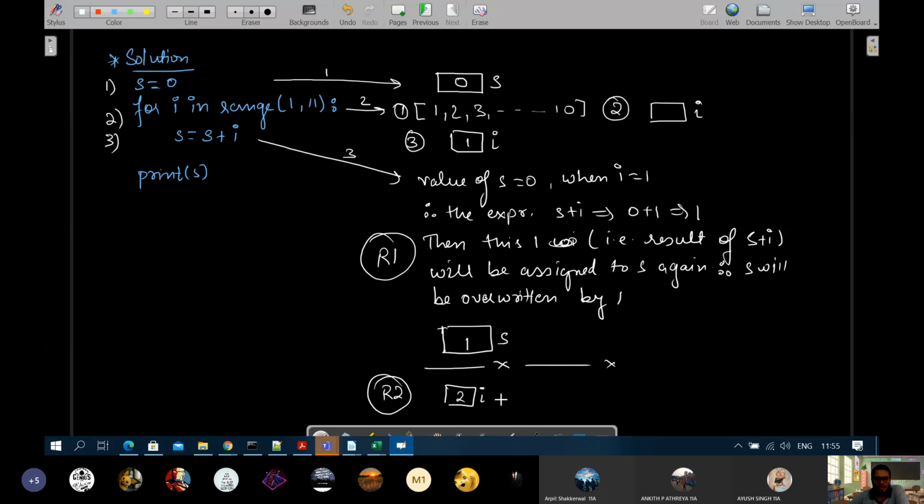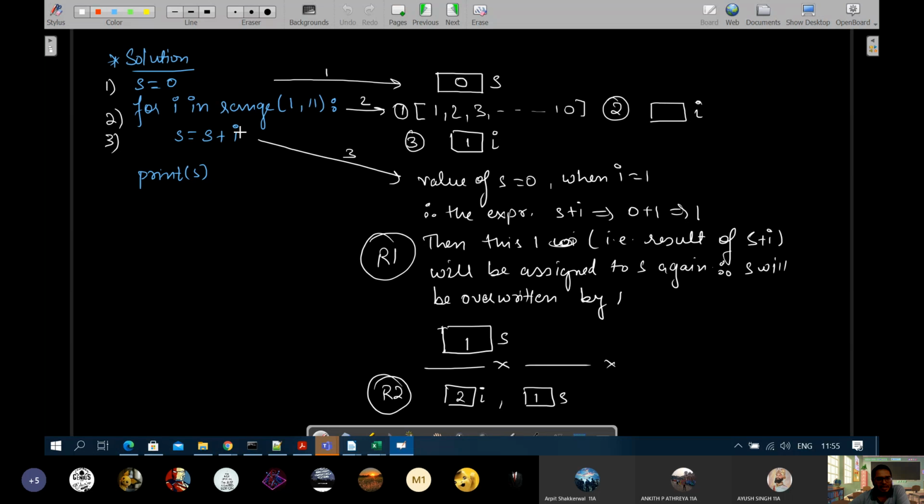Okay, what is s at the start of this? S is 1 and I is 2 when the loop has started. Okay, उसके बाद क्या होगा नेक्स्ट लाइन में? It will go inside, right side will be solved first. What is the value of I? So s plus I will give you, एक्सप्रेशन का वैल्यू क्या हो जाएगा s plus I का?